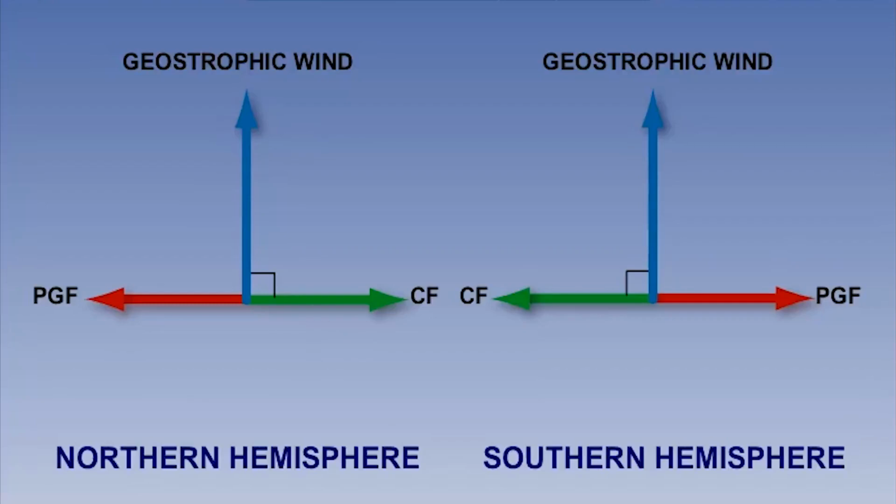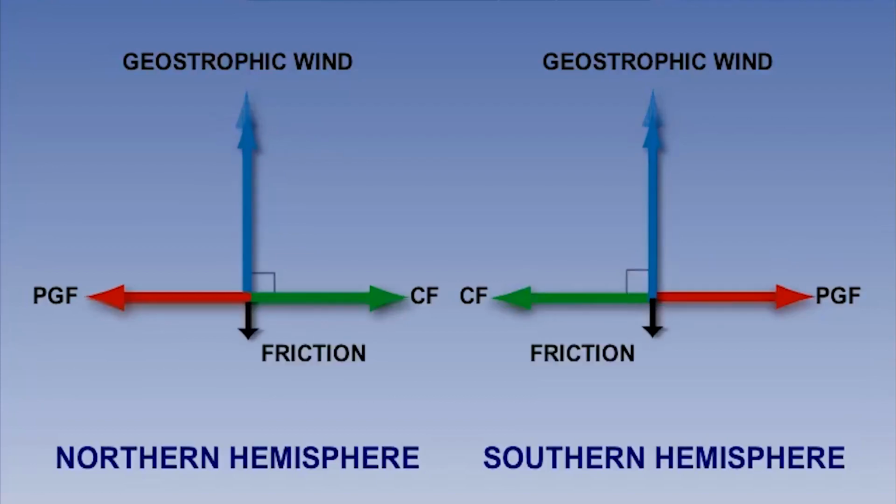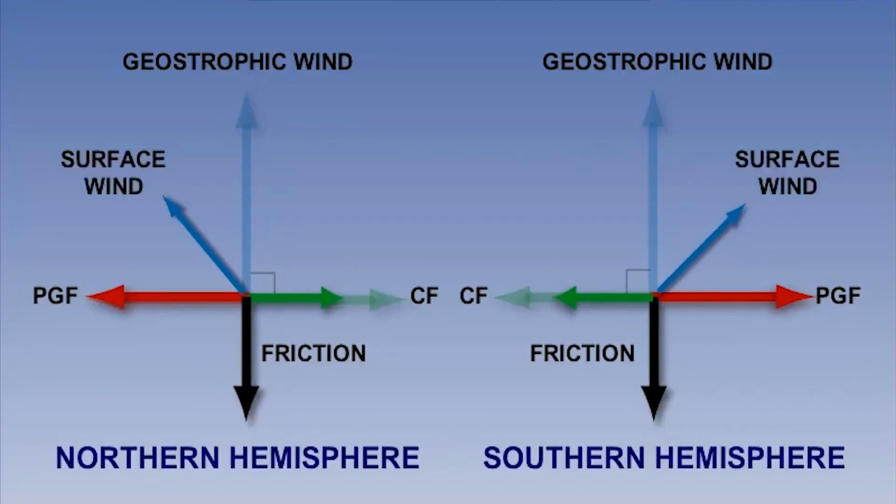What we need to consider is what happens within the friction layer. Firstly, we know that the speed of the wind is reduced due to friction. Since the Coriolis force is proportional to speed, then if the speed reduces, so will the Coriolis force. Notice now that the forces are not balanced. The pressure gradient is now the stronger force, and within the friction layer will cause the wind to be deflected